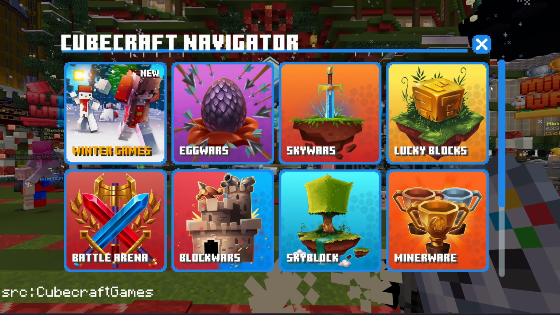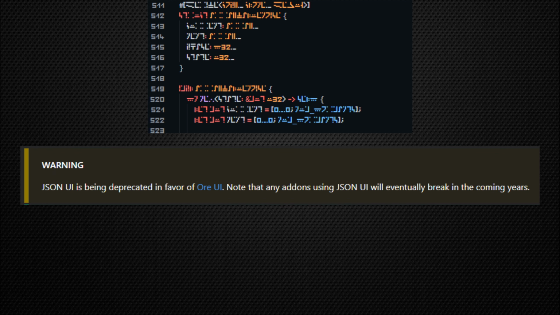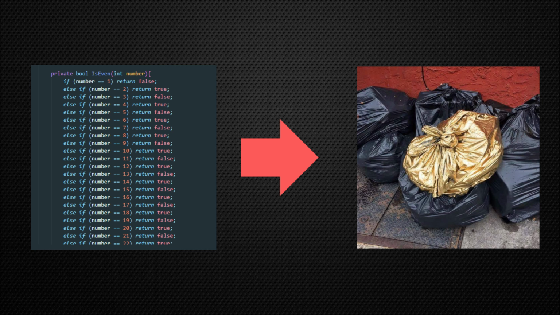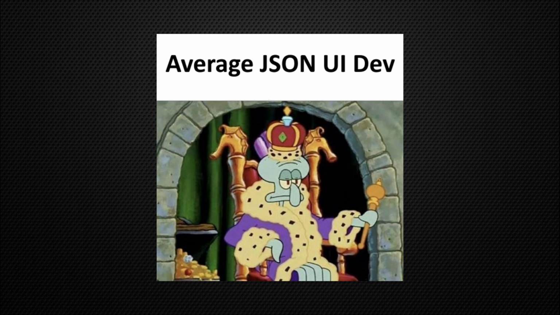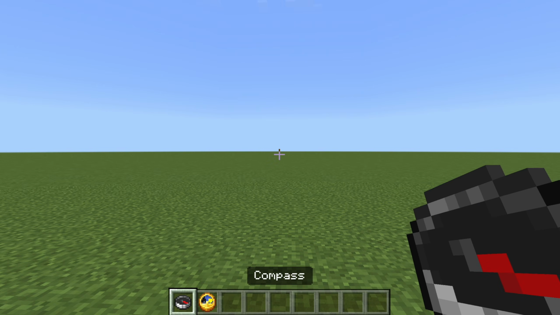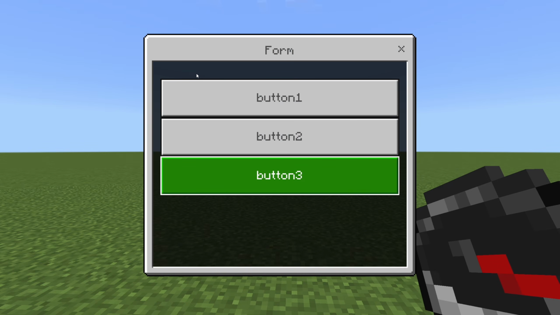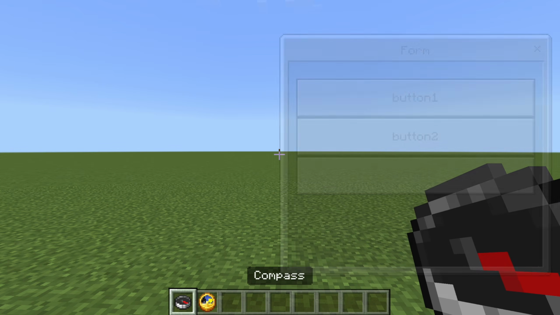JSON UI Server Forms, a hard-to-learn, outdated, legacy code data structure schema that can make your garbage code look like pure gold. And when I say pure gold, I actually mean it. Because JSON UI is a very hard thing to master, which is why it's very looked after and pays a good amount of money. And with that, sup YouTube and welcome to my very first tutorial into JSON UI.